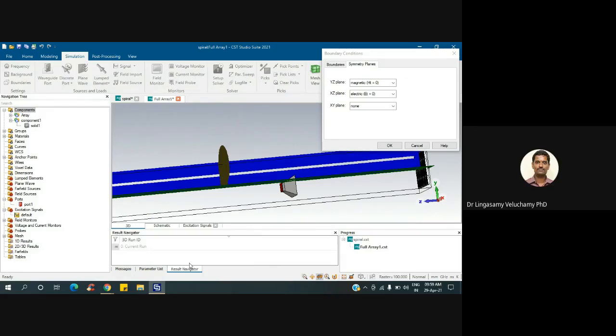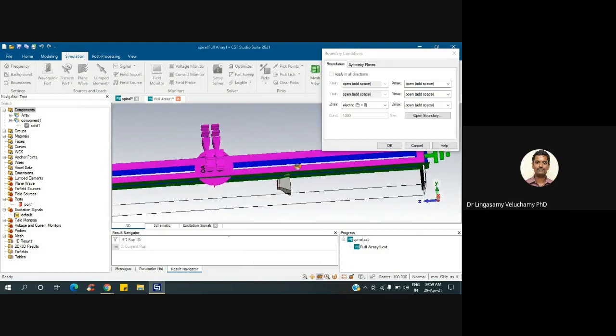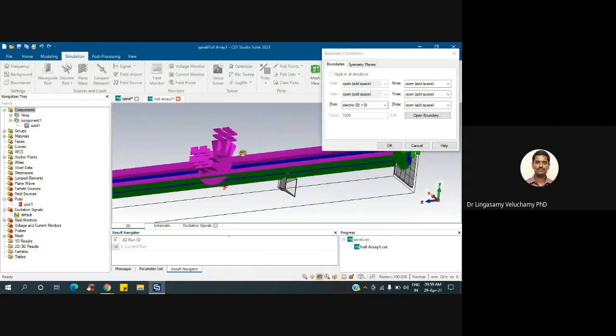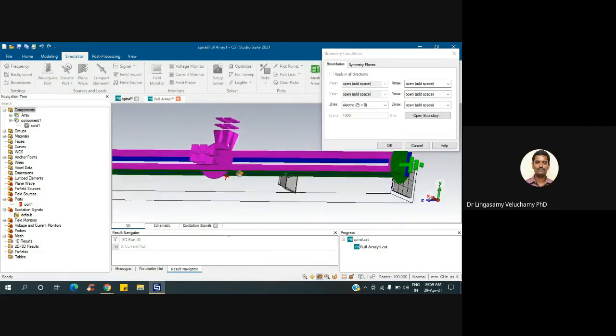Actually, if you have symmetry, then you can apply this. Otherwise, you can't apply this. I don't think you have a symmetry here, because the horn is not symmetric. You can see that the upper mouth, the excitation is not at all coming within that.